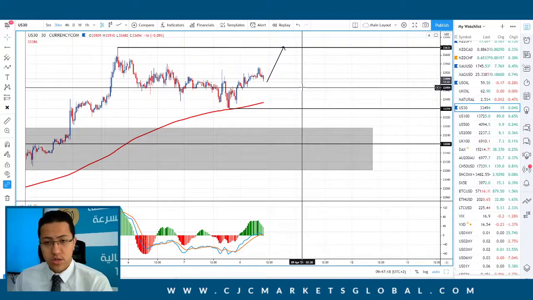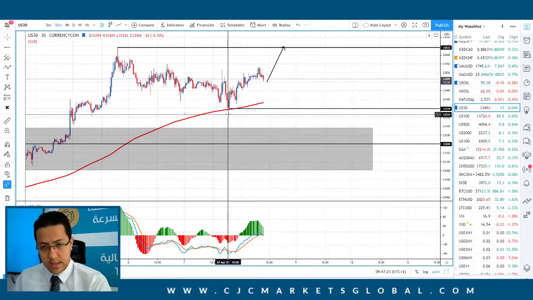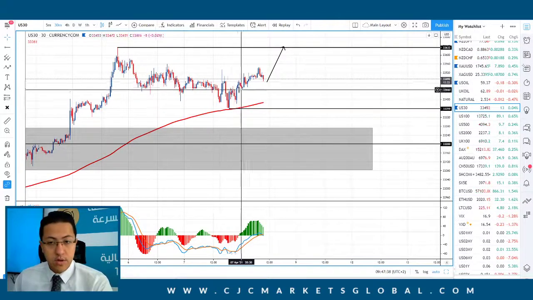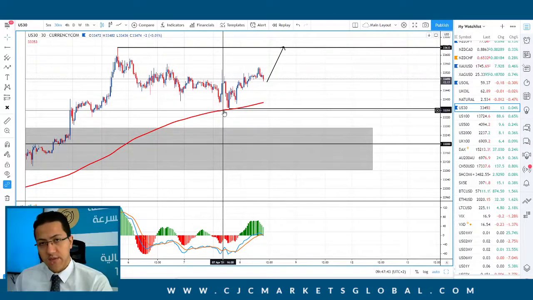However, we should hold our trading just above this level of 33,360. It's pretty much a sideways range. However, there is more potential to the upside to retest the highs, 33,630. However, we shouldn't trade any lower than the 33,360, because at this point we will be breaking the 200 exponential moving average on the 30 minutes time frame, and we don't want this to happen. That's for the Dow Jones for today, and that's what we're having on the markets right now.